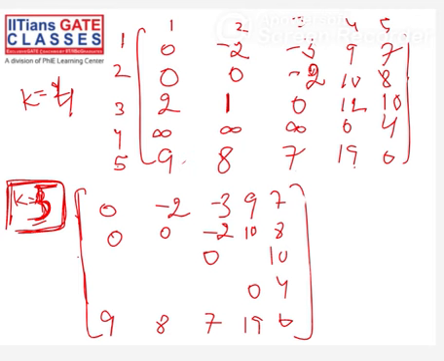3 to 5, 5 to 1. 3 to 5 is this. 5 to 1. So this is 19. No, 2 is better. Now 5 to 2. 1 is better. 12 and okay, 3 to 4 I have to check. 3 to 4 is 3 to 5 and 5 to 4. 5 to 4. No, 12 is still better.